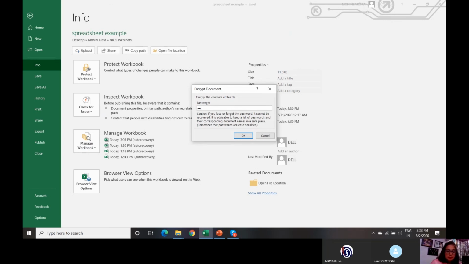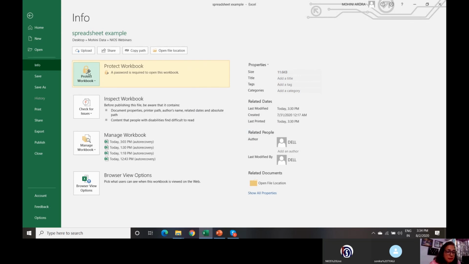Type the password and say OK. It will ask you to re-enter the same password again. Enter the same password again. Please understand that if you don't enter the same password here, it will flash an error. Both times, you should enter the same password. Click on OK.